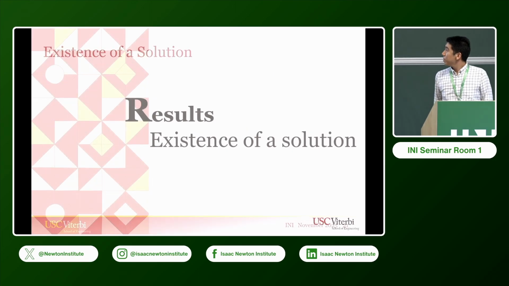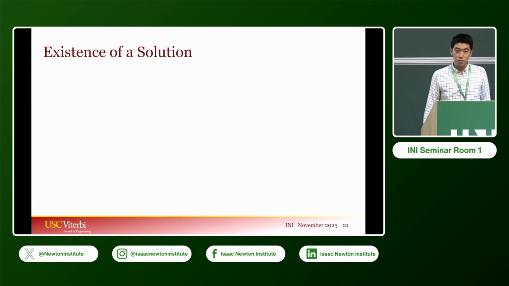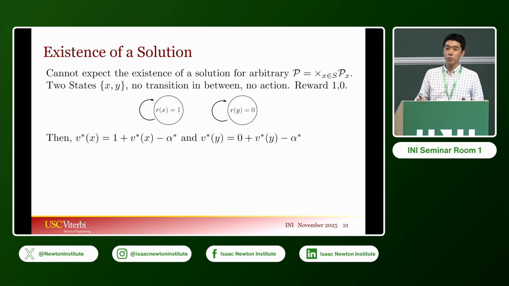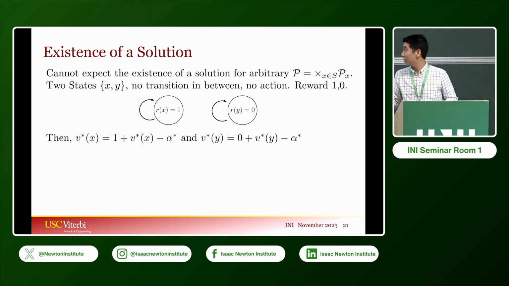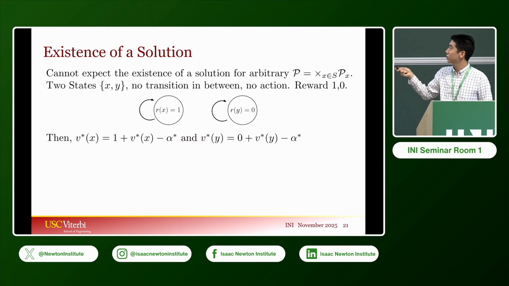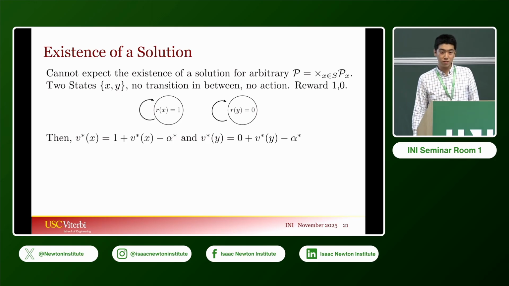So next, let me say something about the existence of a solution. Of course, in general, we do not have the existence of a solution. Otherwise, that equation wouldn't say constant gain, average reward, robust Bellman equation, right? So in this setting, obviously, the gain is not constant. If you are at state X, the reward is 1. State Y, the reward is 0. So of course, you try to solve it, and you find that there's no solution.